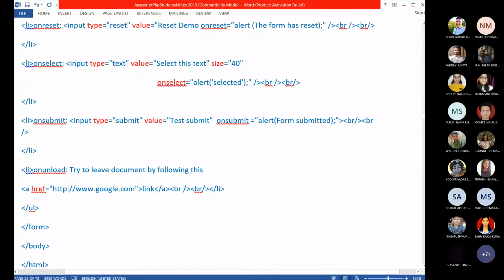But you have to remember the event is JavaScript. Why is it JavaScript? Because to use the event, you have to write the JavaScript code. Without using the JavaScript code, using this only as one of the attributes, you can't perform anything. So on select is an event which is there in JavaScript, but this you can write as one of the attributes also.